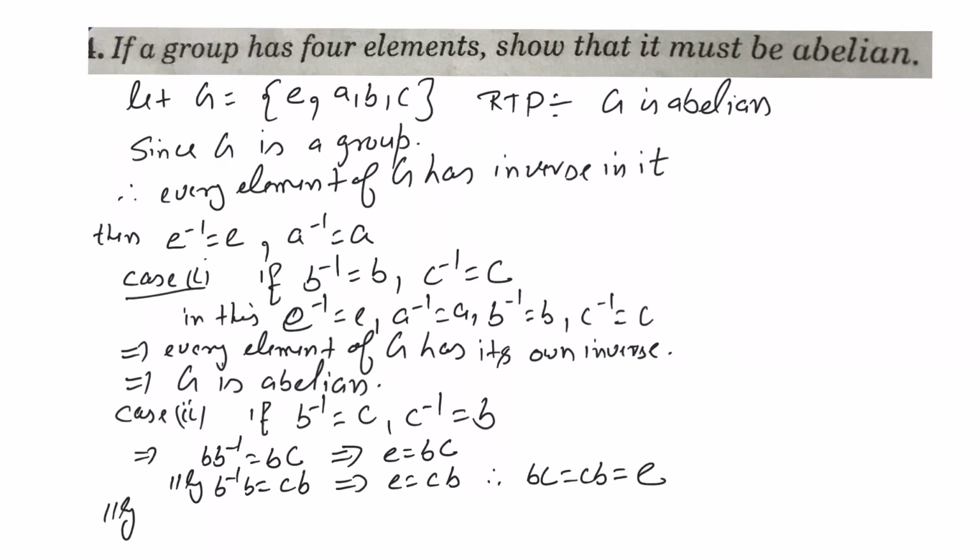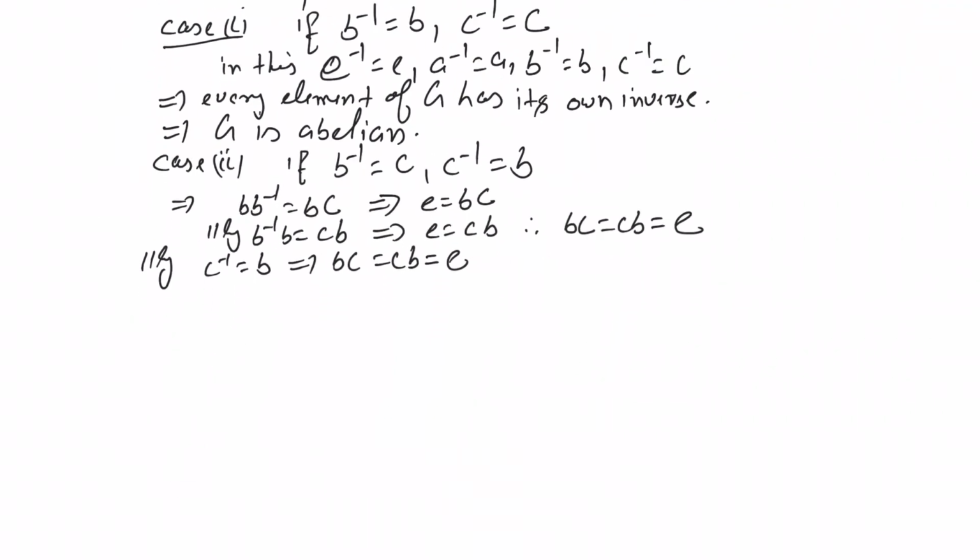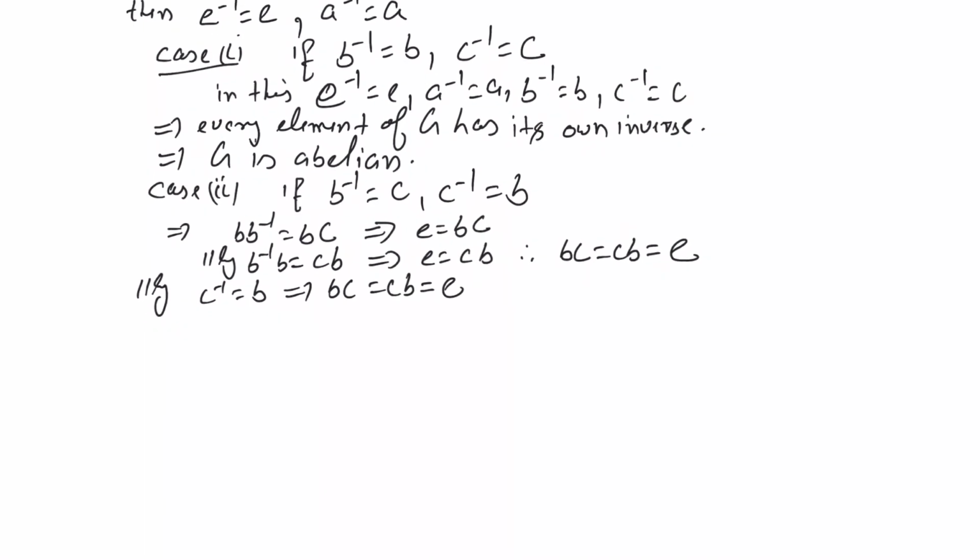Similarly, C inverse is equal to B implies BC is equal to CB is equal to E. Okay, this thing has been established. Now next, I am again writing G is the group